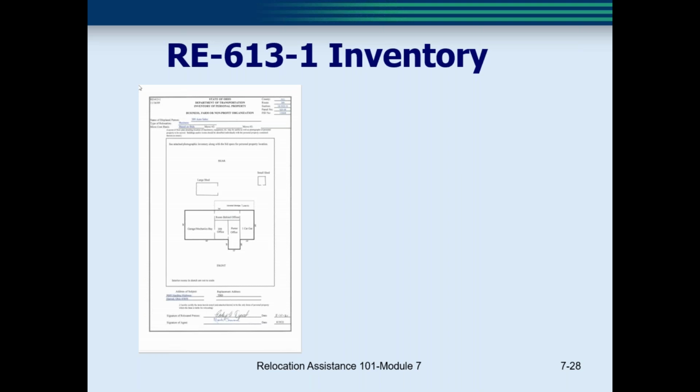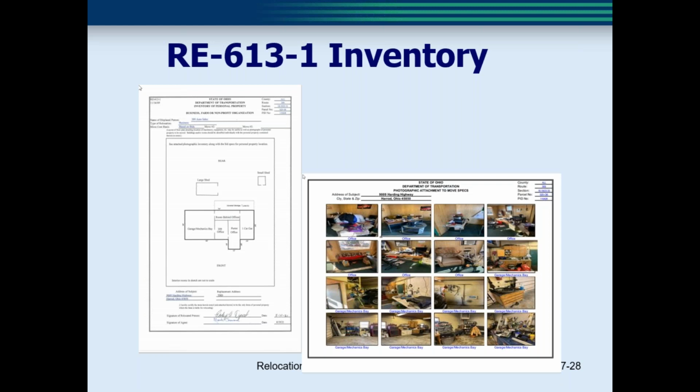The 6113-1 should show a sketch of the property, and it should show the location of the inventory. The inventory should be documented with lots of photos, clearly labeled, and should also, if they have a fluctuating inventory,